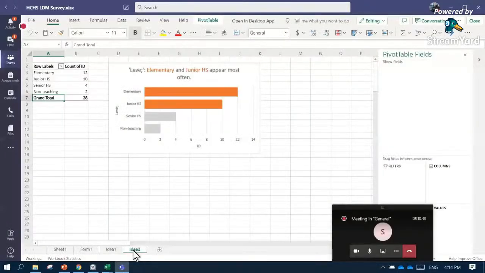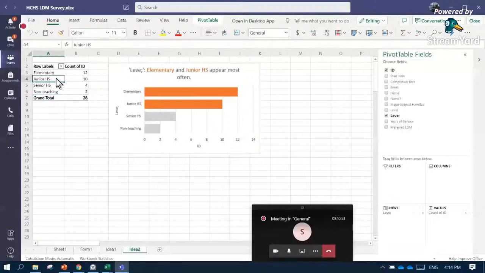If you want to customize the pivot table on how you analyze the data, you can utilize the pivot table fields pane here at the right side. You have the filters area, columns, rows, and values.